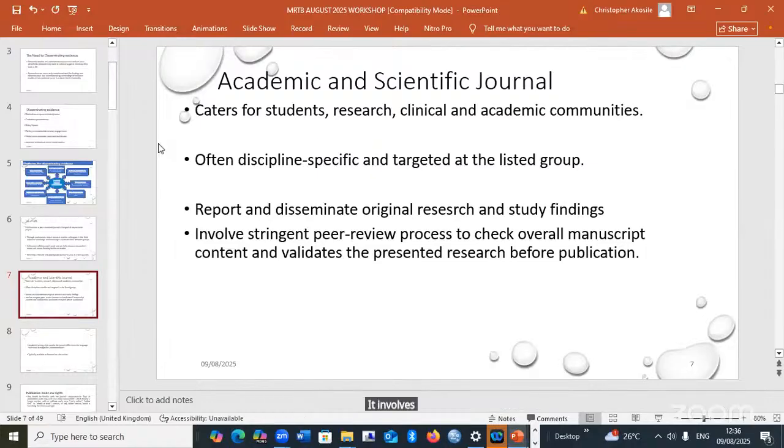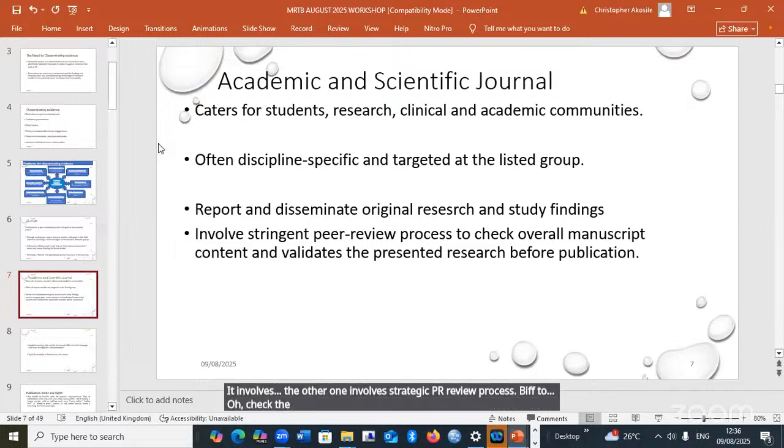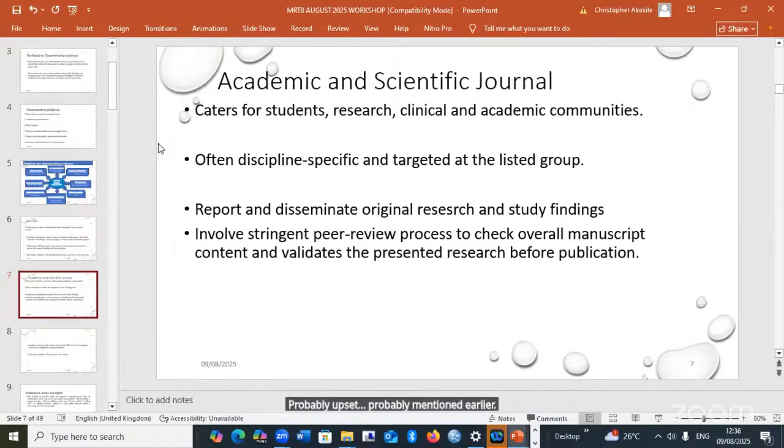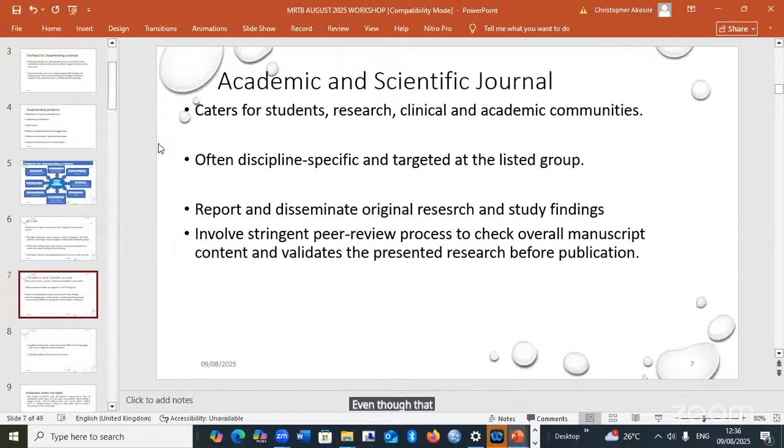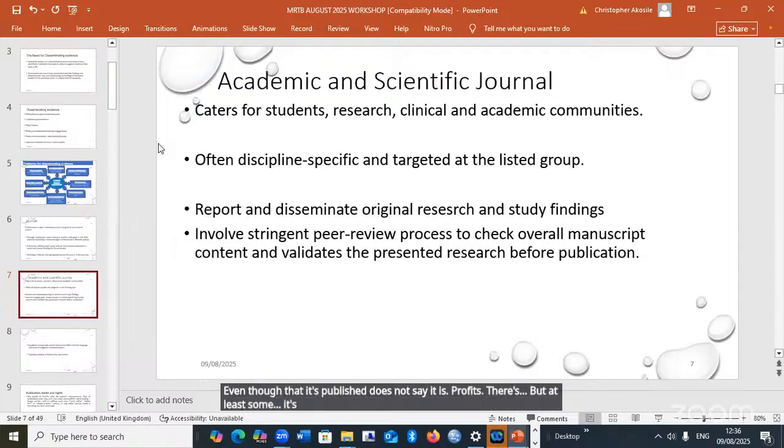They often involve a stringent peer review process to check the manuscript content and validate what you upload. So the process itself is not easy. Prof mentioned earlier what you will have to go through before you get published. So if a work is published, even though being published does not say it is perfect, at least it's assumed that it has some credibility.